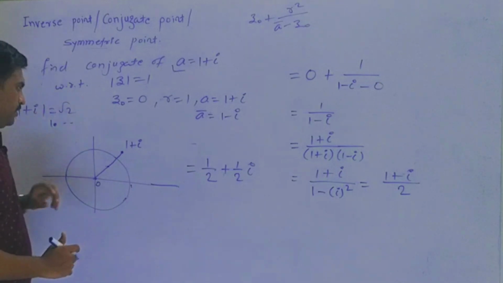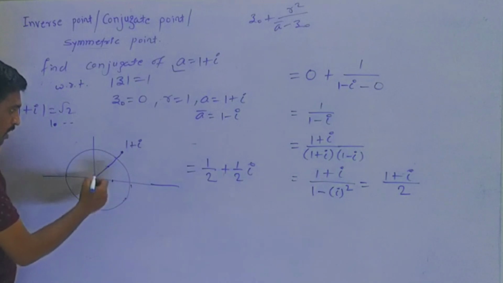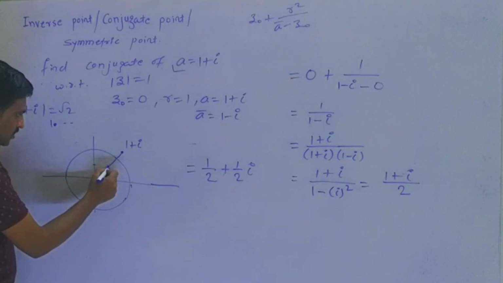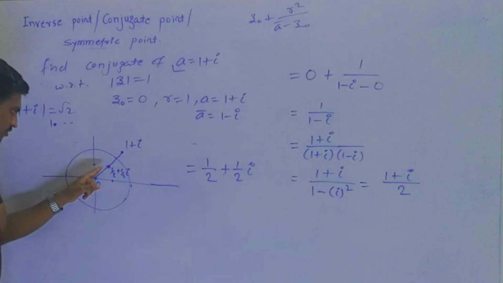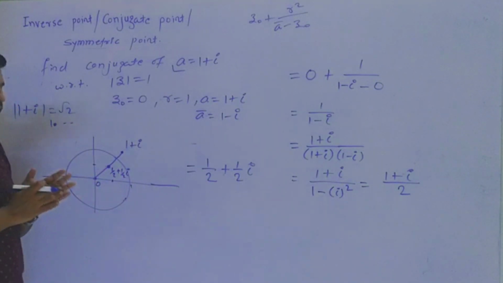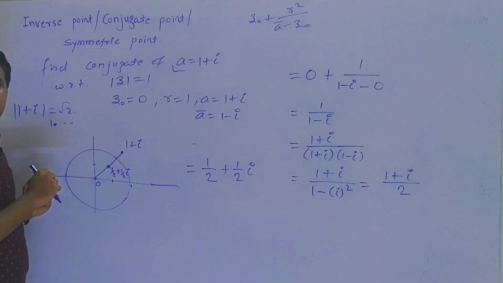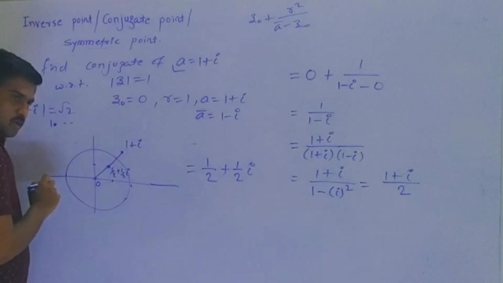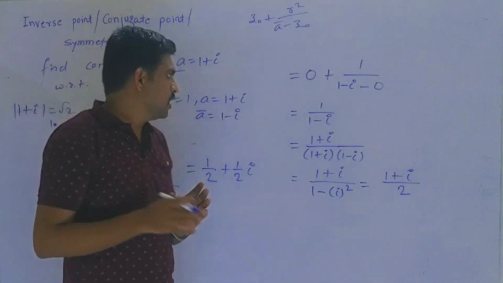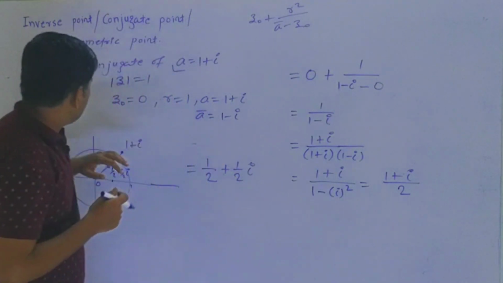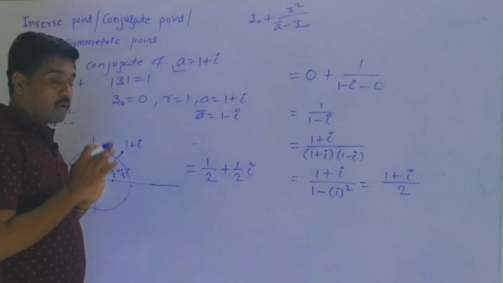So here we get a point. X is 1 by 2, y is also 1 by 2, right? So this is the point 1 by 2 plus 1 by 2 I. We already considered that we must get the conjugate point on that line, and we get it. Exactly, these are collinear, and if you verify the second result also, OP into OQ equals R square, you will easily find it. So you can change the circle, you can change the point, by just using this formula. You can easily find the conjugate with respect to a circle.